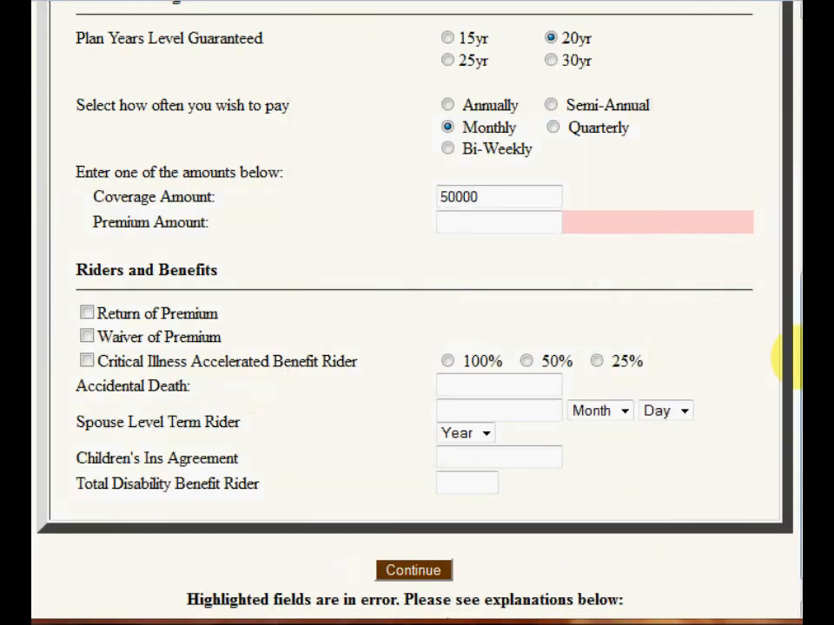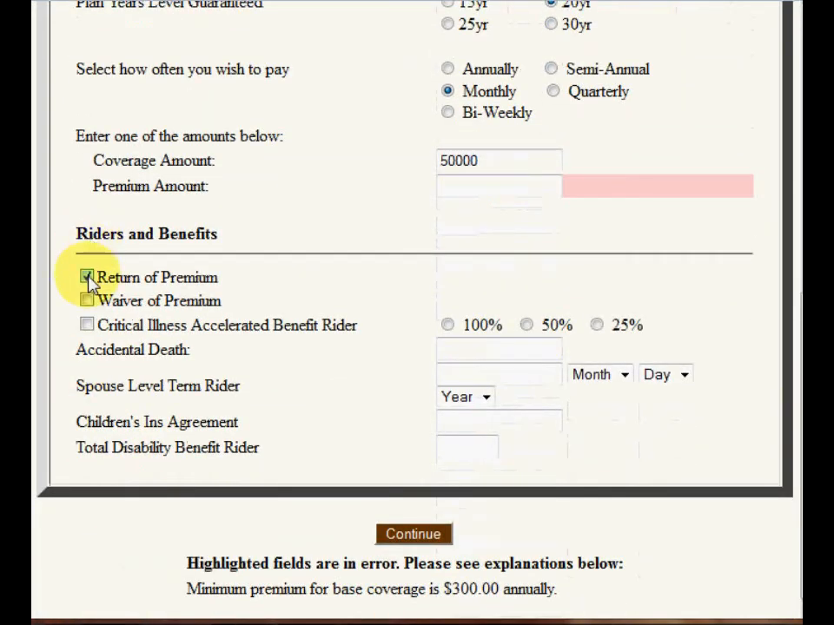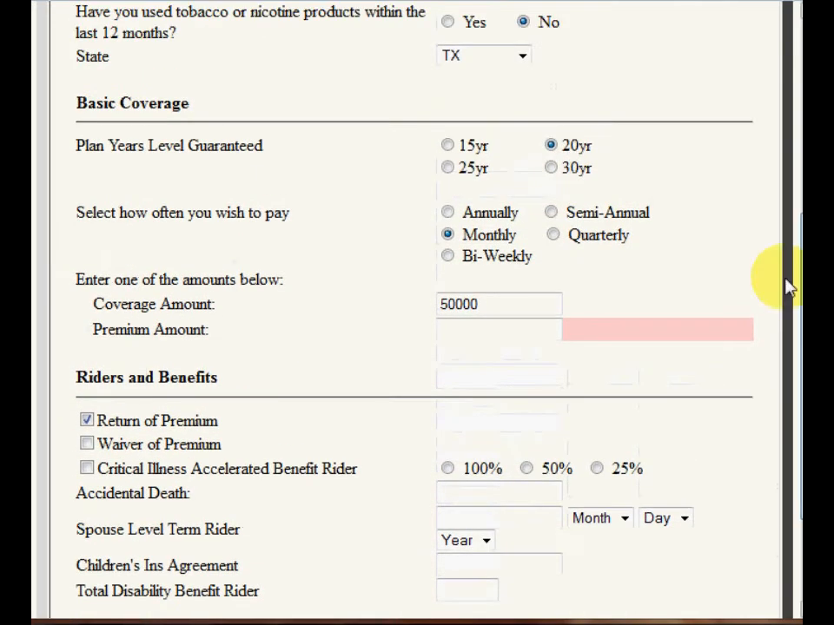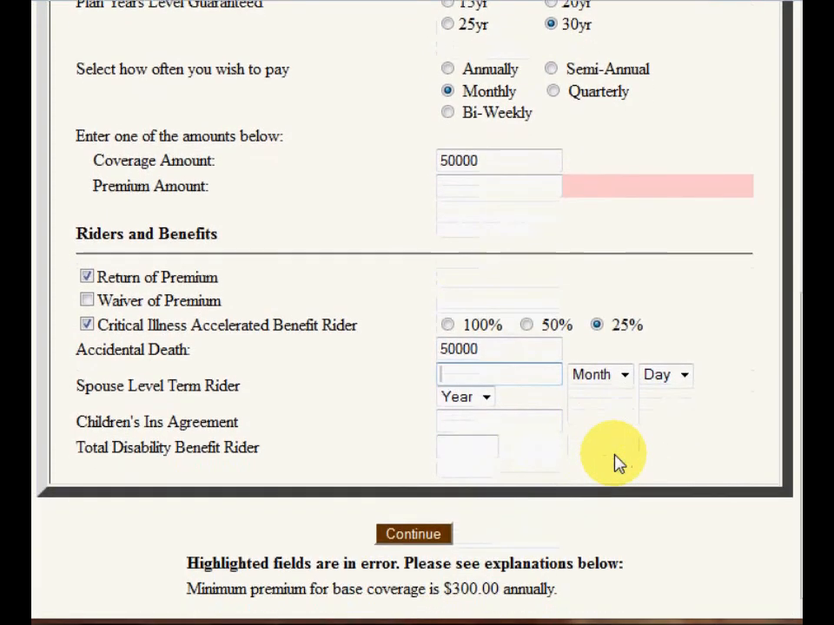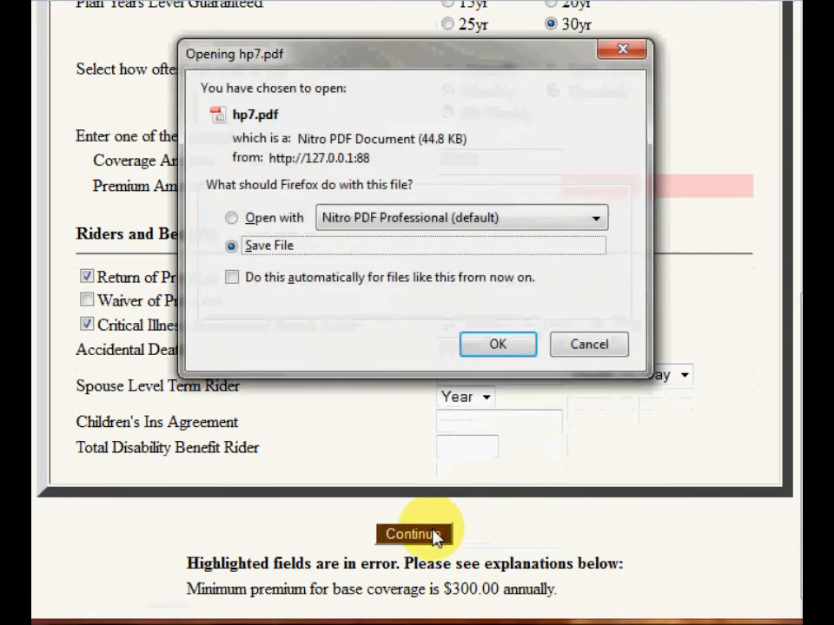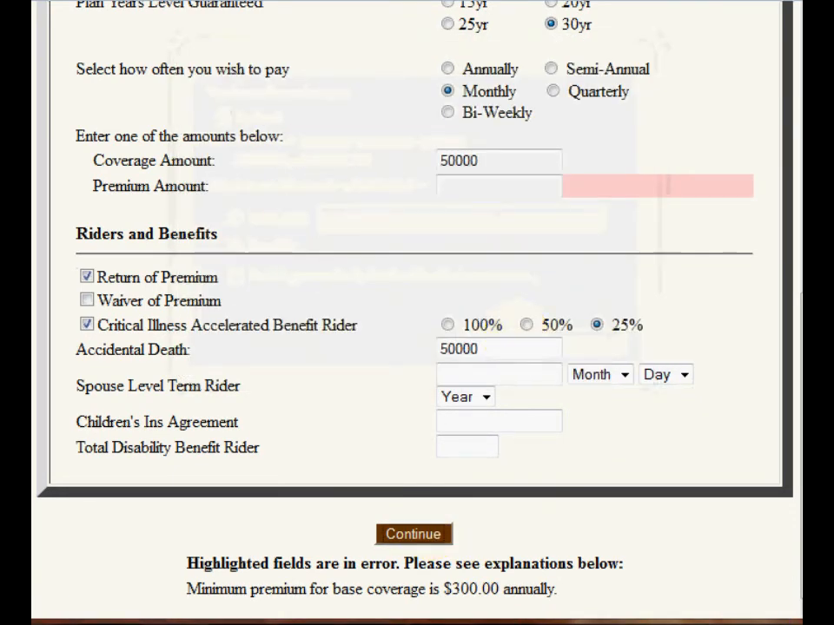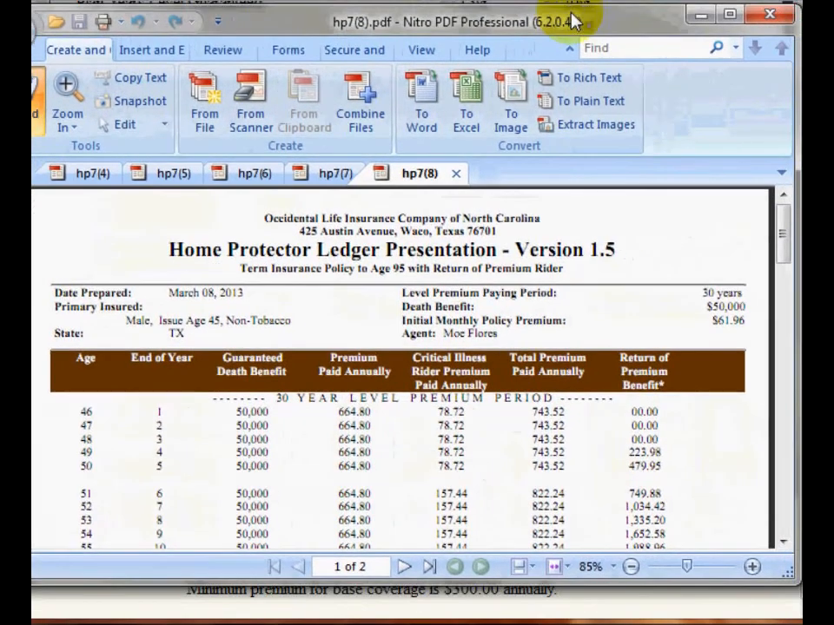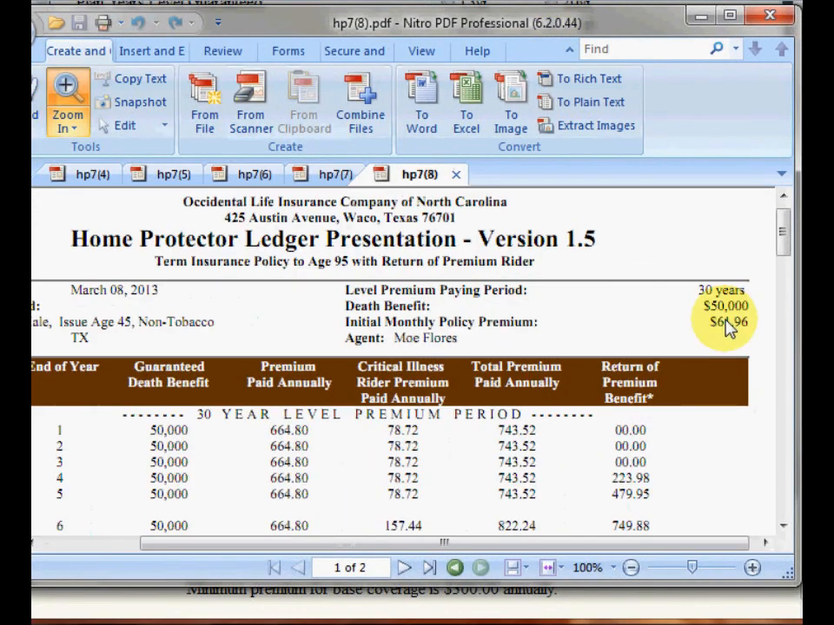Now let's go with a return of premium for 30 years. Add some critical illness over here at a 25% level. Remember, when you pick critical illness, you need to pick 100, 50, or 25%, and you have to check mark this right here. I'm going to add an additional $50,000 worth of accidental death, and this will make this policy a pretty fully loaded policy, which is a fully loaded 30-year term. We're going to see the pricing, which is, again,